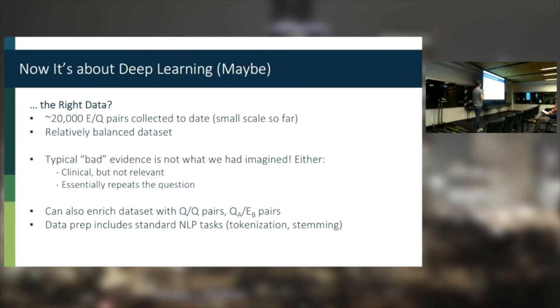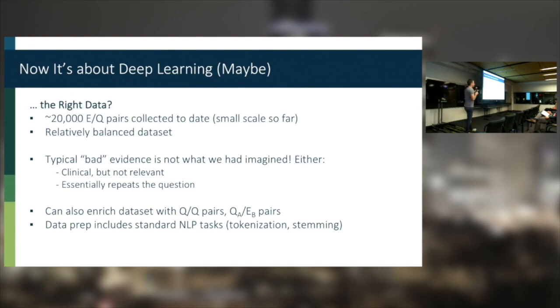The good part is that it turns out this data set is relatively balanced. I don't know if you would expect people mostly to submit good evidence, but people submit a lot of bad evidence, and mostly it looks like just irrelevant. So you ask, does the patient have seizures? And they start telling you something about a patient who may or may not have seizures, but presents with some other condition, completely irrelevant to the question.